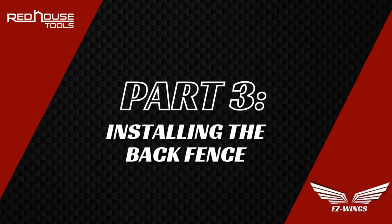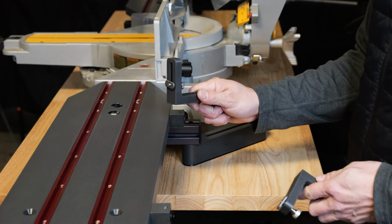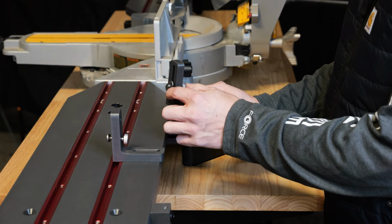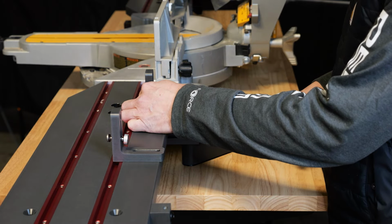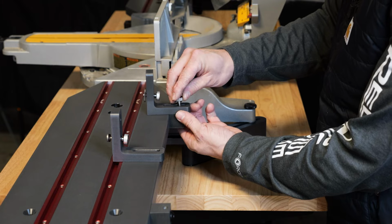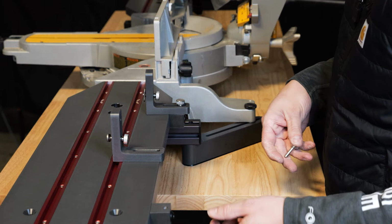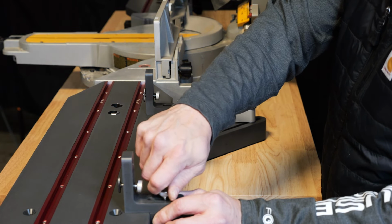From there, I'm going to explain how to attach your back fence. As I previously mentioned, each one of our wings comes with pre-installed mounting blocks on the back side of the wings. Inside the hardware pack, you'll find 4 L-shaped fence brackets and 4 small knurled silver screws. Note that a silver screw has already been pre-assembled onto the fence bracket by us here at the factory, and then slide the L brackets over the mounting blocks and use the knurled screw to tighten the fence bracket down